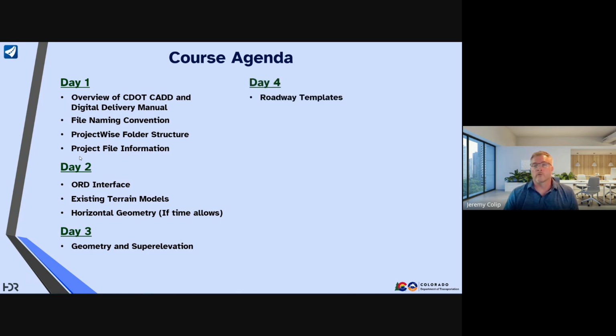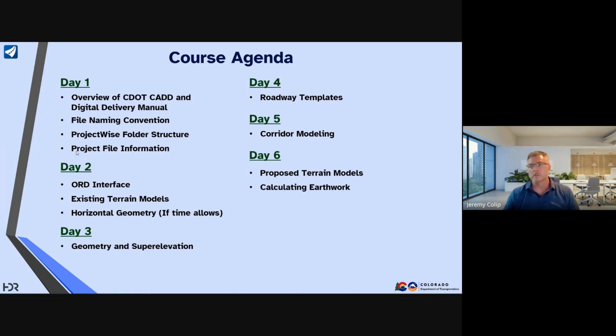Day 4, we're going to go through roadway templates. This one's probably condensed roadway templates. As you all know, that could be an easy 2-day session, but we'll be going through that. Same thing with corridor modeling the next day. We'll be going through a lot of those items, going through the bucket pretty extensively, and different methods of modeling, some different tools to put in your tool bag. Day 6, we're going to go over the proposed terrain models and different ways that those can be created, those methods, and calculating earthwork